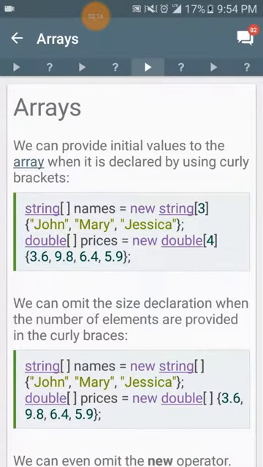We can provide initial values to the array when it's declared by using curly brackets. string[] names = new string[3] {"John", "Mary", "Jessica"}; Or you can create an array with a double data type. double[] prices = new double[4] {3.6, 9.8, 6.4, 5.9};